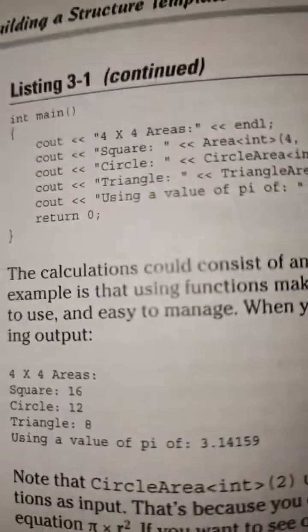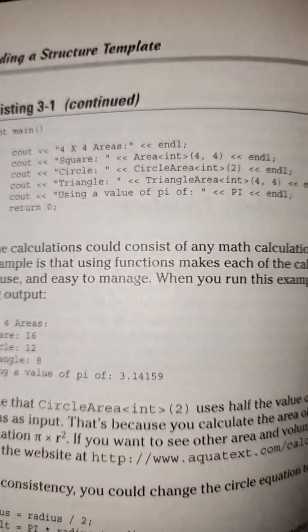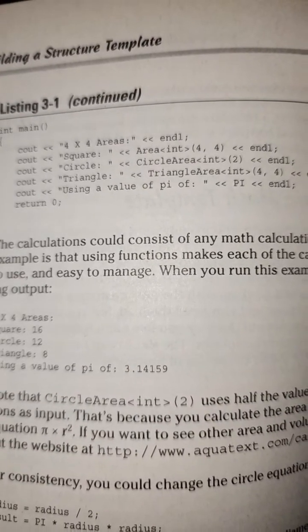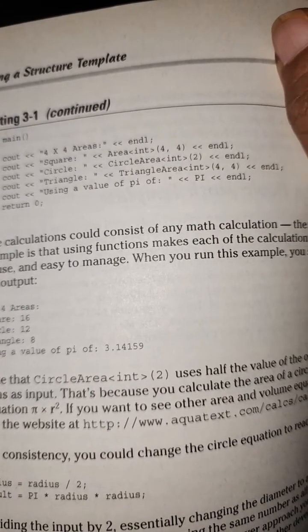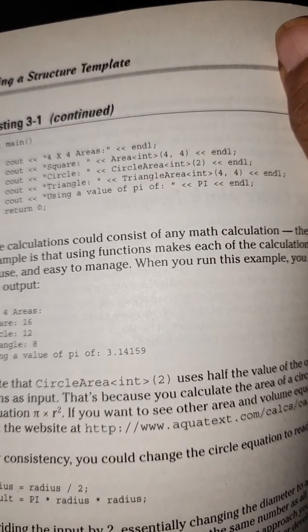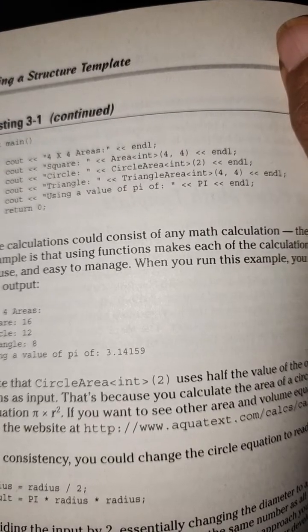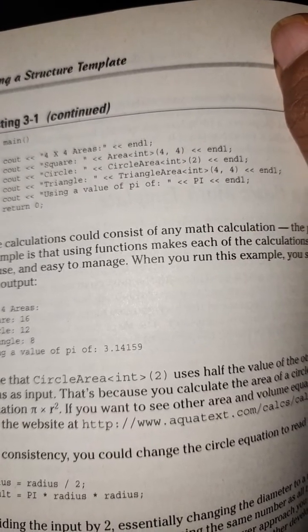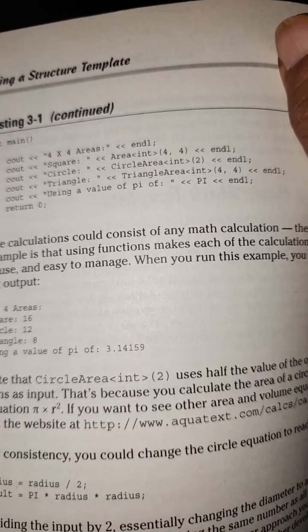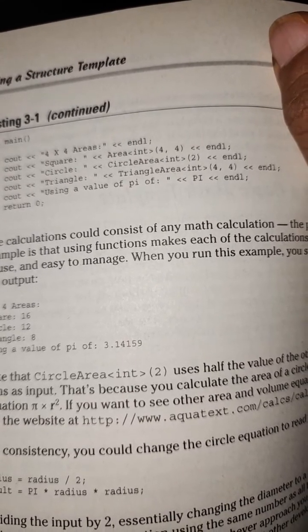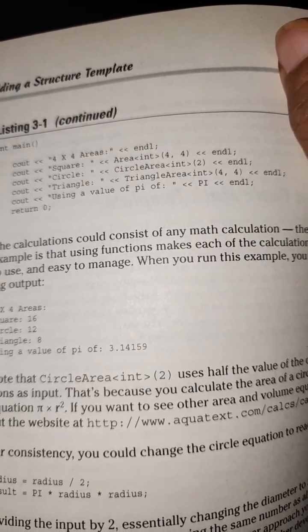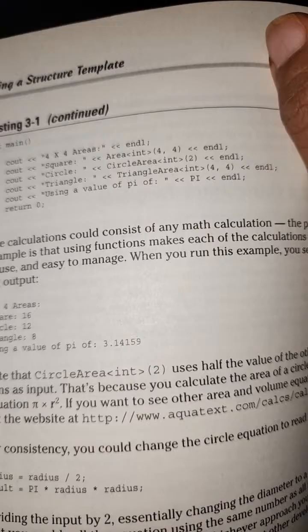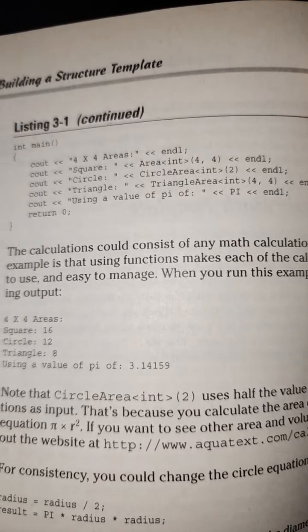Listing 3-1 continued. int main() { cout << "4x4 areas" << endl; cout << "Square area: " << Area<int>(4, 4) << endl; cout << "Circle area: " << CircleArea<int>(2) << endl; cout << "Triangle area: " << TriangleArea<int>(4, 4) << endl; cout << "Using a value of pi" << endl; return 0; }